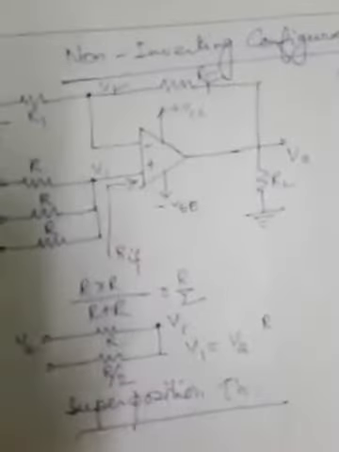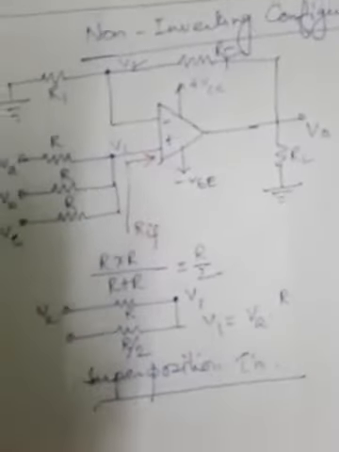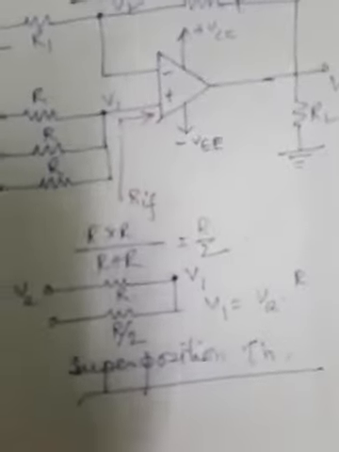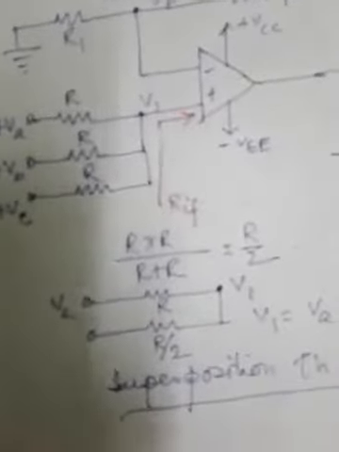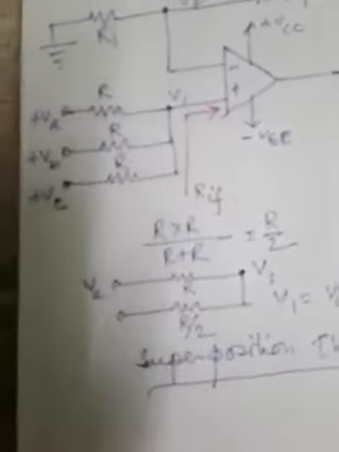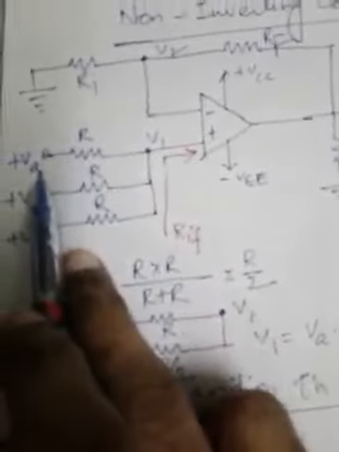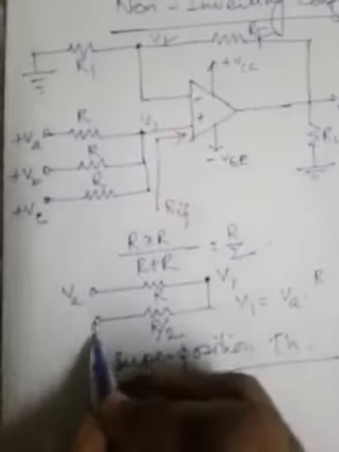So the superposition theorem is finding the effect of sources at a particular node or at a particular point of a circuit, considering all other sources at that time are not working, that is connected to ground or working as zero if they are voltage sources, and open circuit if they are current sources. So in this way the effect of all the sources should be algebraically added to get the overall output. So therefore, if we apply superposition theorem in this, then we should first find V1 with respect to VA using the potential divider rule, considering VB and VC to be 0. So this node is now connected to ground.